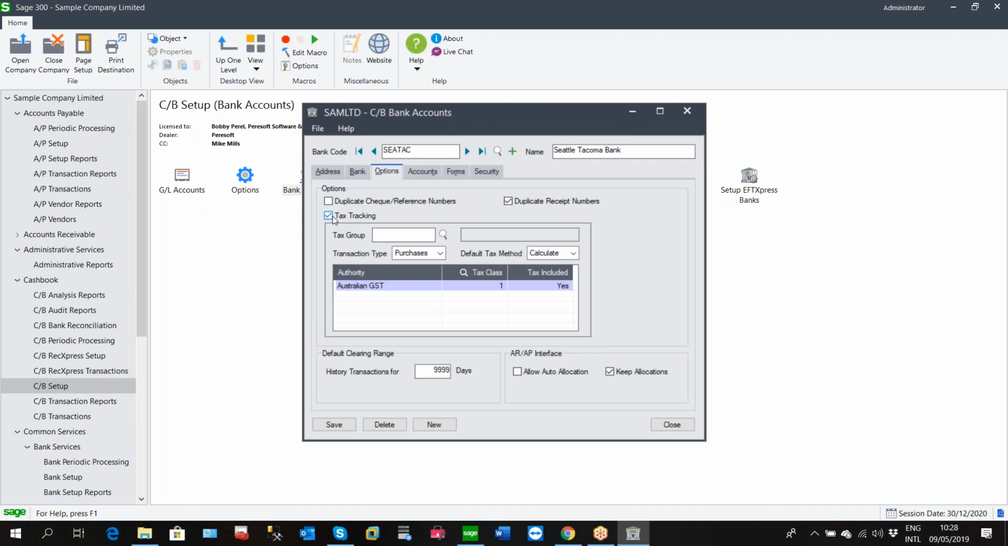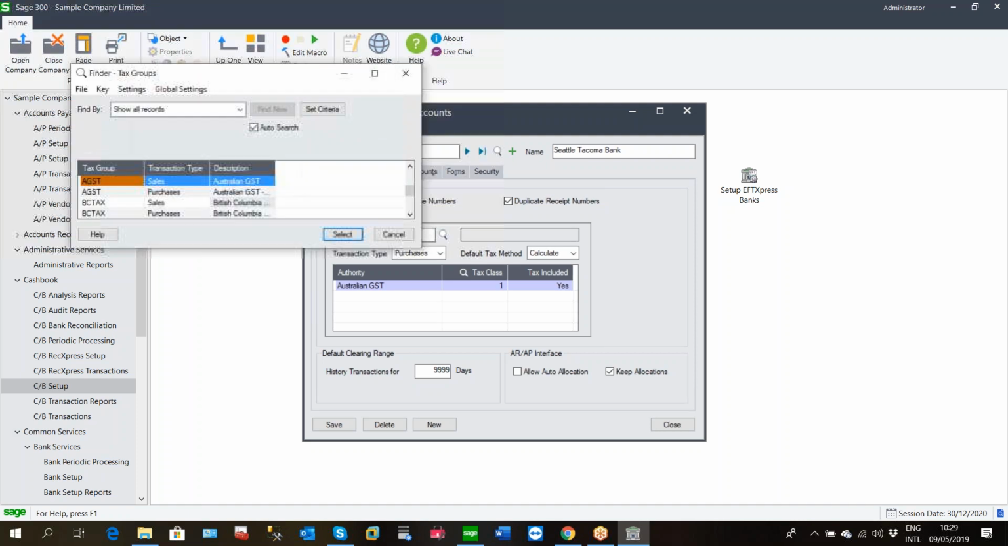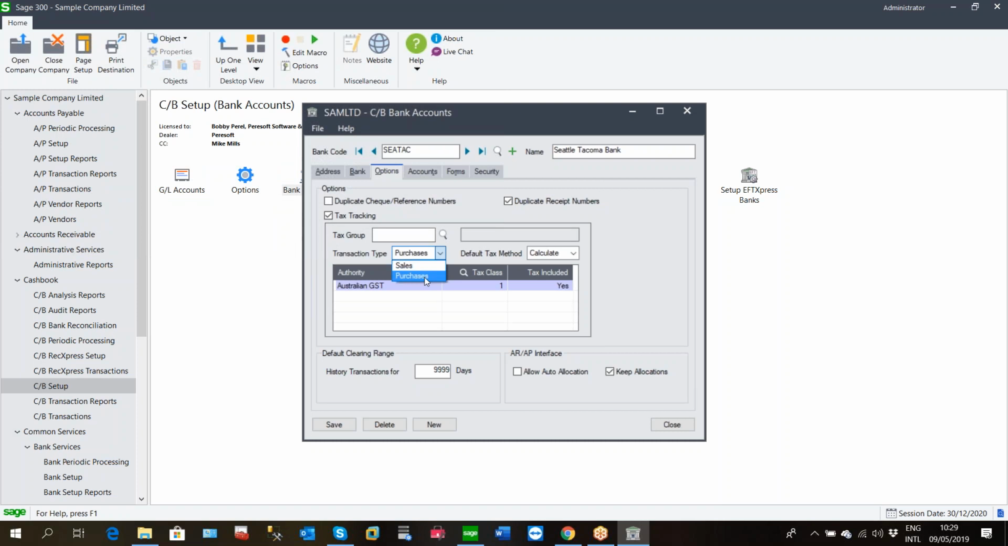For our tax tracking, if you switch on tax tracking for a bank, it means that for this particular bank, you want to do tax calculations for all your Cashbook entries you enter for this particular bank code. And if you then select tax tracking, after you've obviously set up all your tax information in tax services, you can then select the finder here on tax groups, and this finder will take you to the tax groups that you've set up in tax services to allow you to select which tax group, transaction type,